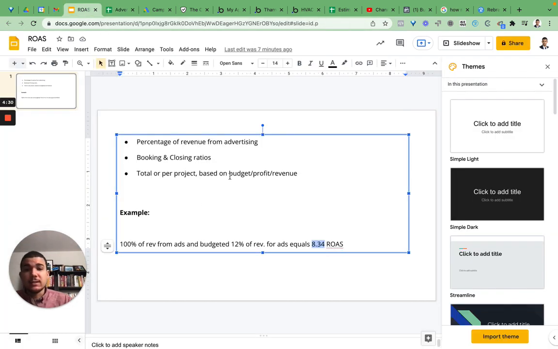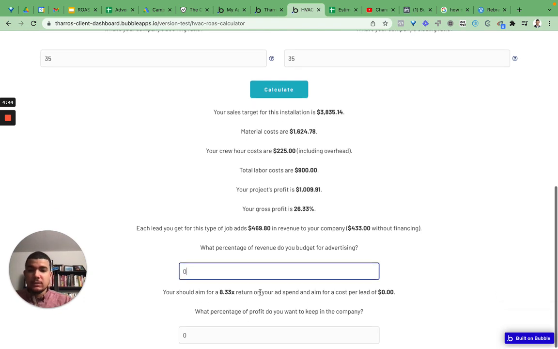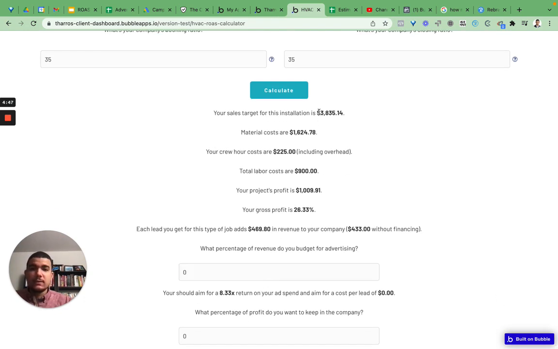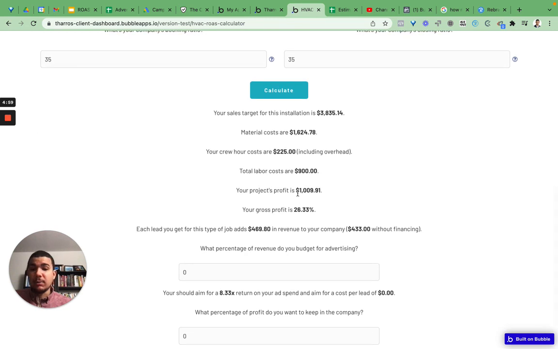You can do it on a project basis, on a budget basis, or a profit basis. I like doing it based on profit because I like to know how much I'm actually spending out of my profit to get a customer in. It's a little more difficult of a calculation. So let's say this overhead number is going to be 85, but this is including this specific client's marketing costs. Overhead usually does include marketing costs, but sometimes people don't put it in there. So if you're not putting it in there,